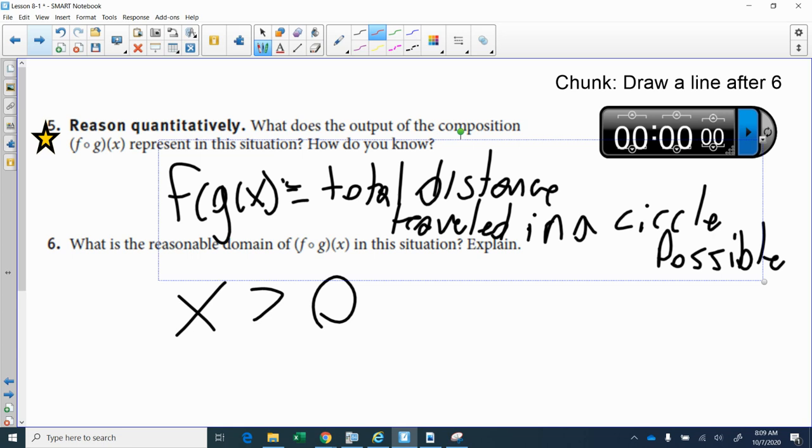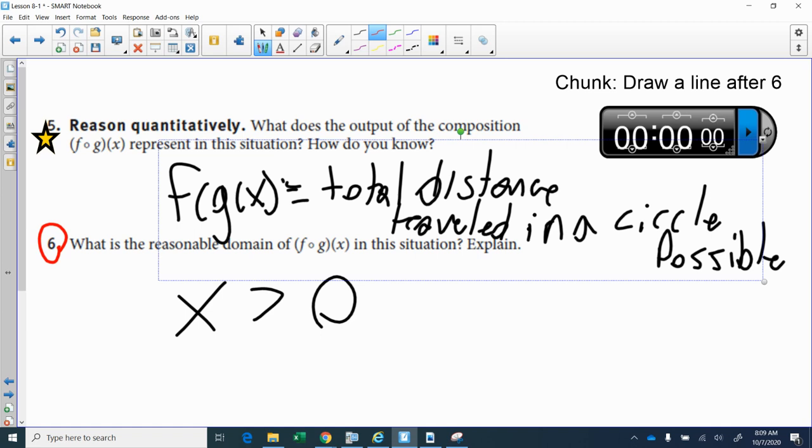Now, in this problem, number 6, just because it's something we've been discussing, it asks, what is a reasonable domain of the situation? Well, yesterday we talked about how we really want to focus on square roots and 1 divided by x situations for domain restrictions, but there is another one out there, only in particular situations. In this example, we're dealing with a word problem. So x is meaningful. x is dealing with time. And so when I set a domain